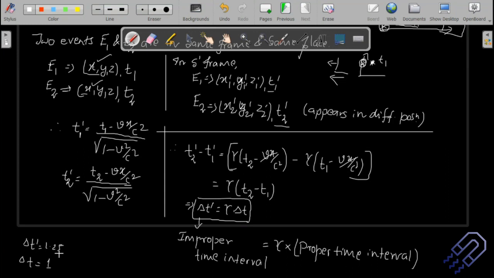A very simple example might be, imagine you are traveling from station A to station B, and there are two watches, one in station A and one in station B, and you also have a wristwatch, and you are in the train. The time that you measure will actually be proper time. The time those station watches measure by the time it reaches station B will be nothing but the improper time.